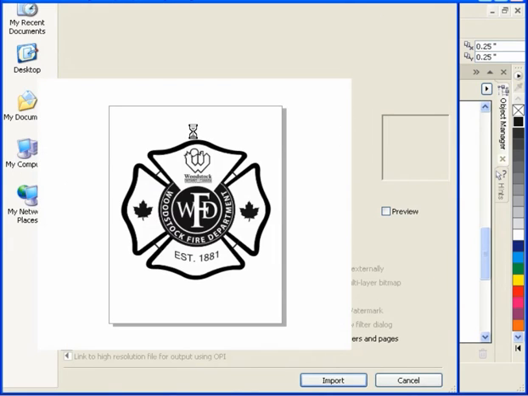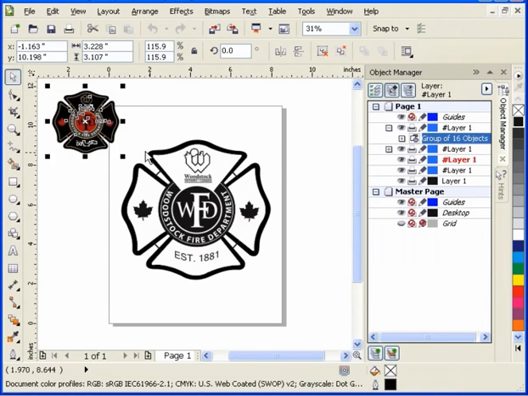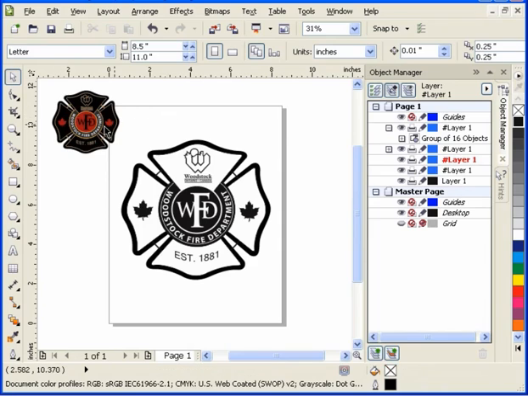There it is. A little rectangle here. So there's my logo, and it's looking pretty good there now. So you can see that very quickly, as long as the logo is vectored, I can actually change the logo to a nice black and white image so that we can laser